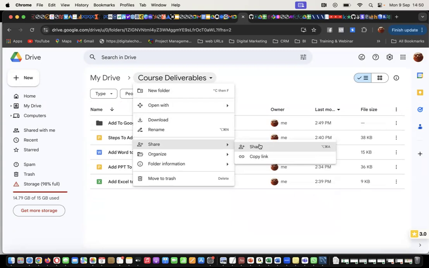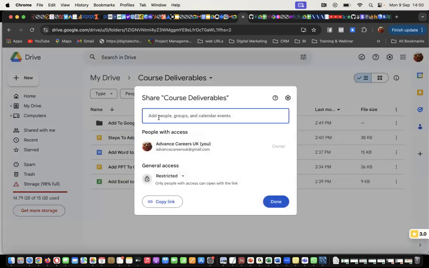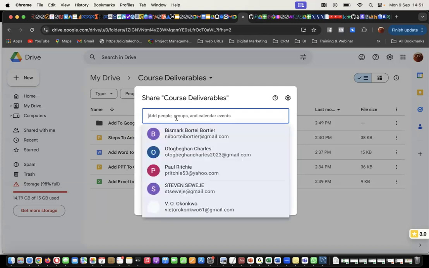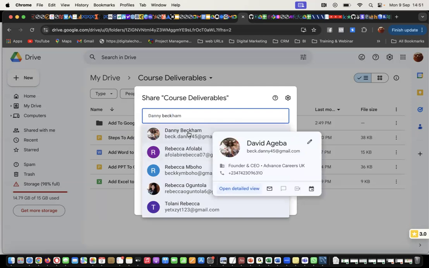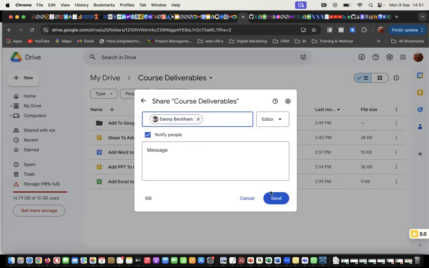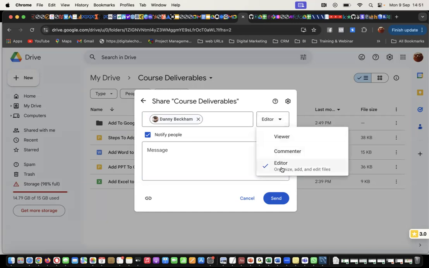So I'm going to click on this share button. Now it gives me the option to add people, groups, and calendar events. Okay. And then the access. So I can still copy my link here or find someone that I want to grant access. So once I select this user now and I click on send, and the user privilege could either be edit,